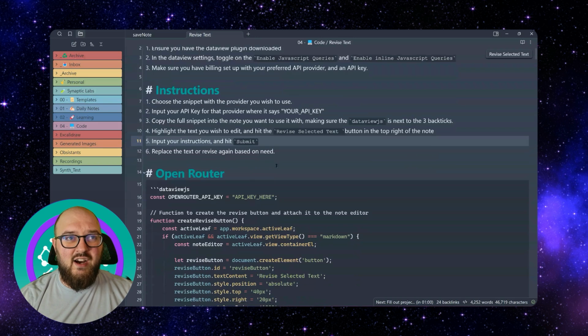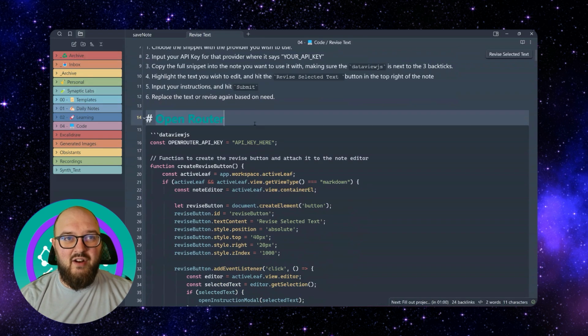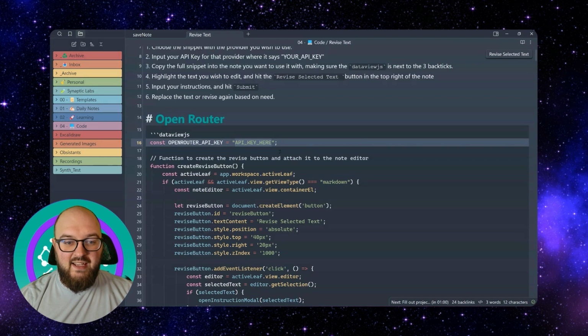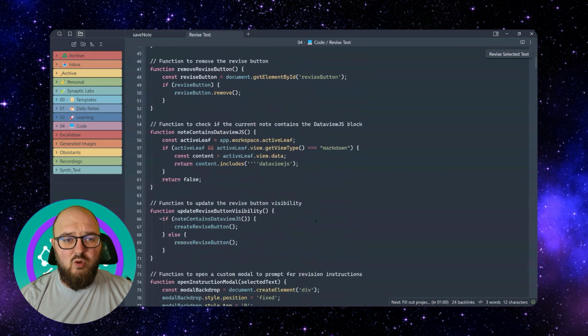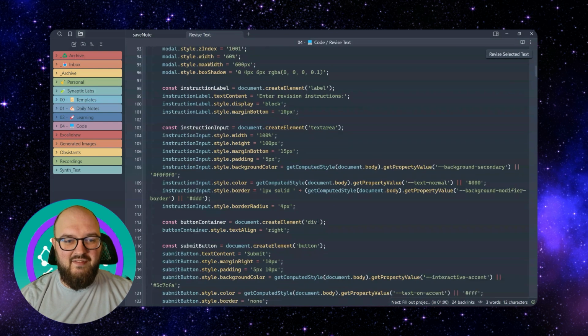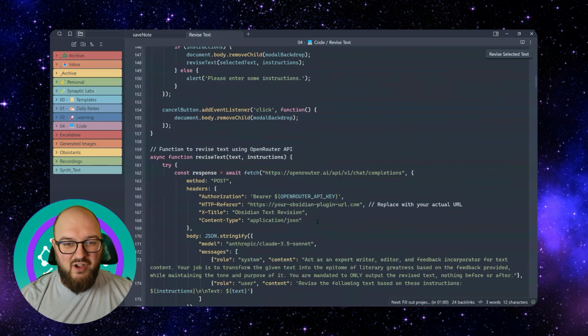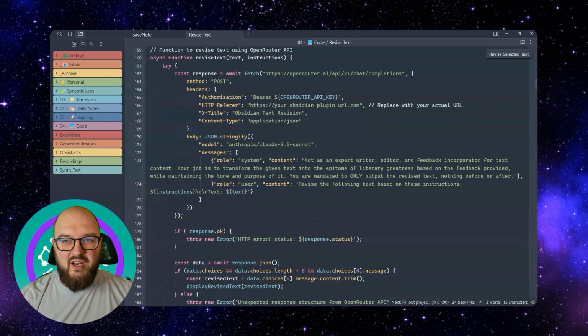And you can see here, this is for the Open Router API key. I'll share, I have one or a version of this for most of the major providers. But more or less all you got to do is you put your API key here. And then if you want, you're more than welcome to change any of this. But if you're uncomfortable with all the code, the only thing you might want to come in and change is